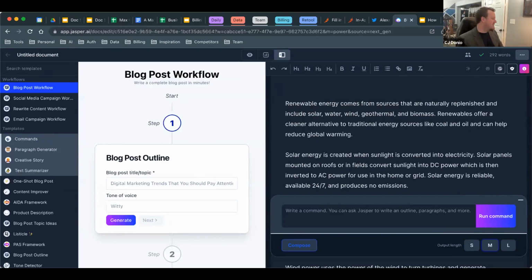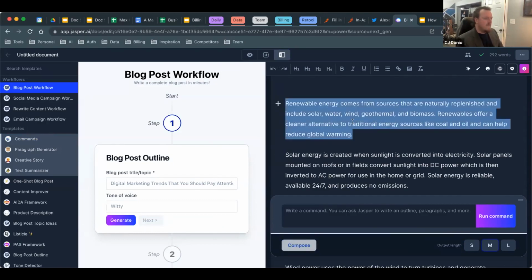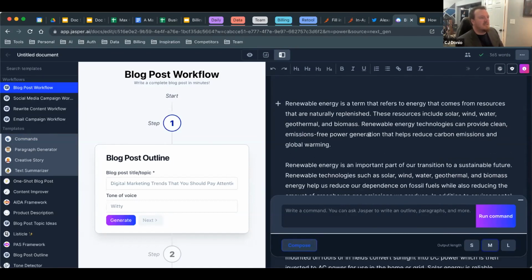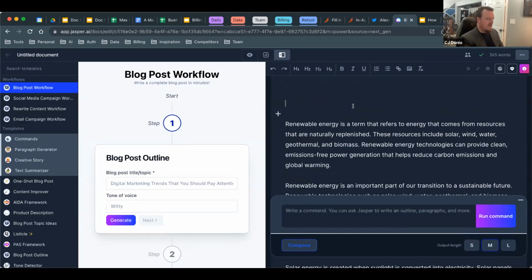Okay, so a couple of things here. Let me take my intro that I came up with. I'm actually going to axe that because I kind of like the one that I have better. So here's what I came up with. Again, these are the different kind of points I want to make. I do need a title. So maybe let me show off how to write a title with Jasper here.